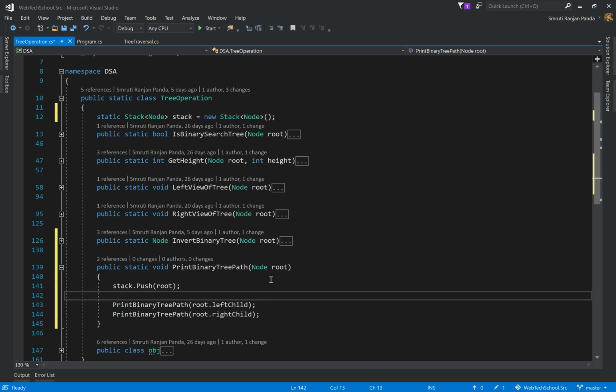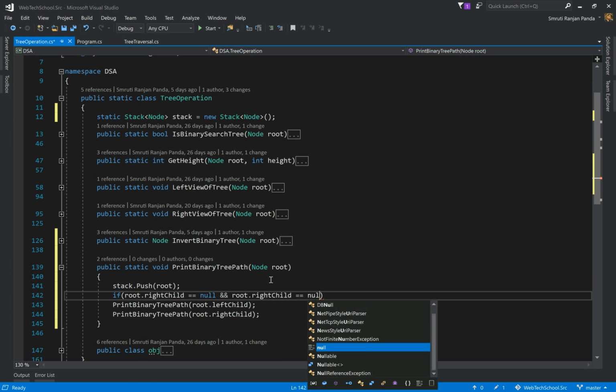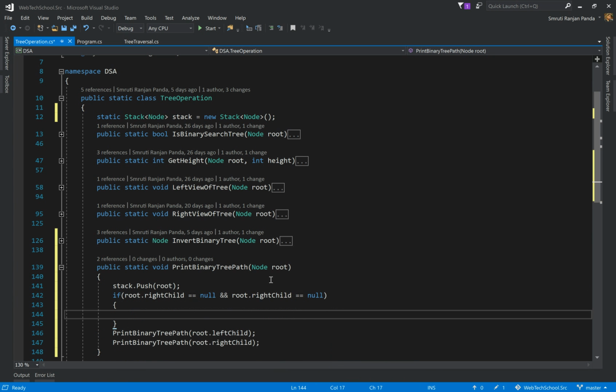Okay, so in case the root dot right child is equal to null, so in case this is a leaf child, then we are going to print the stack in reverse order. So root dot right child equal to null, then we'll have to print the stack.